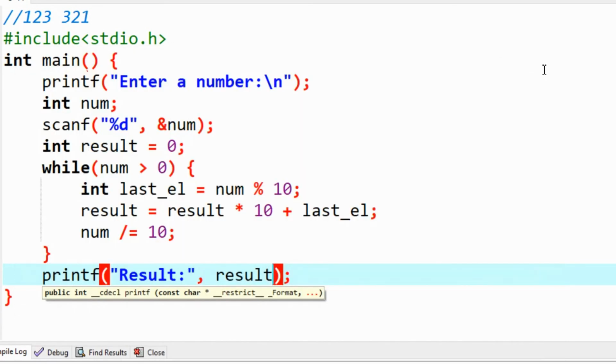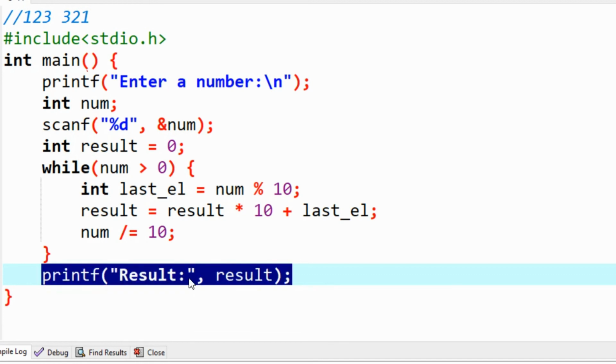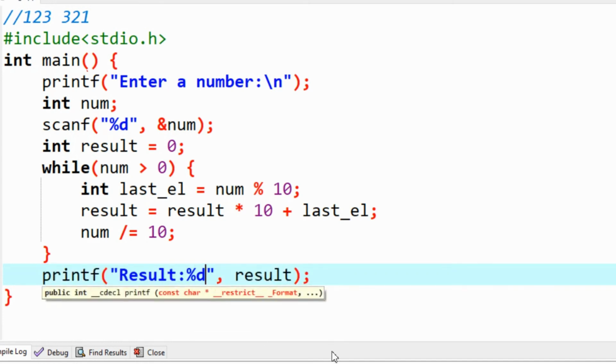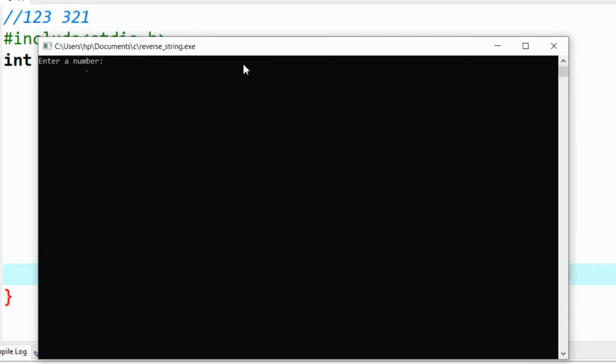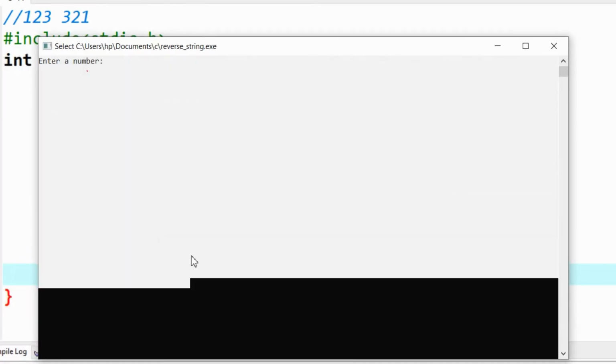Something went wrong. So the result will be here. Let's run the program again.